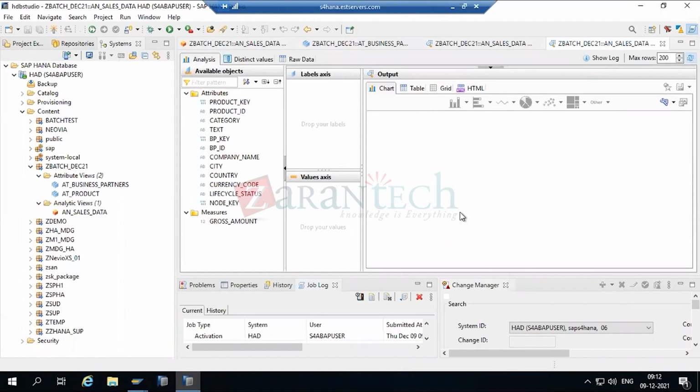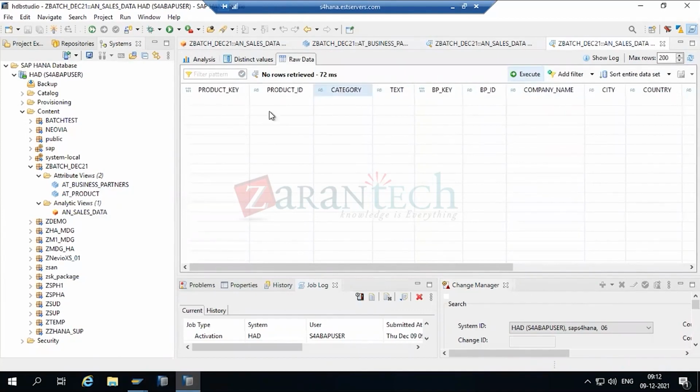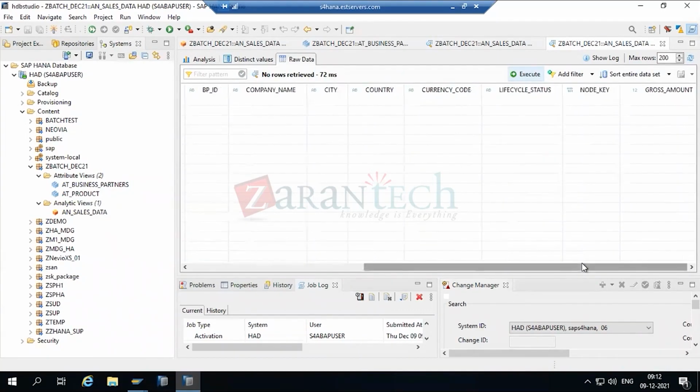Good. So this is all about analytical views, right? If we simply build the views and do some analytics on top of it, and if you see here, we are trying to display the gross amount. We try to display the gross amount. But if you see the joins, whatever we have done, we are not talking about